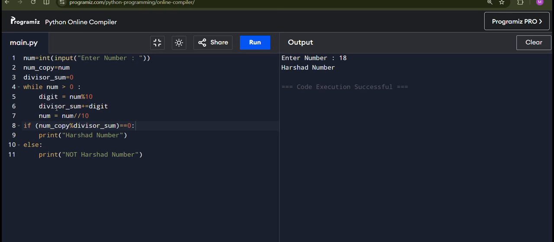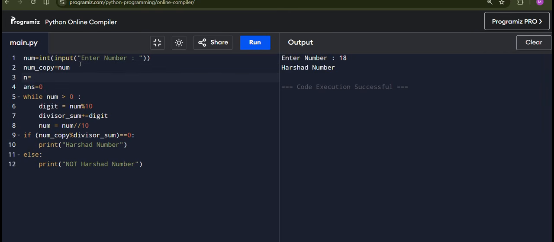Now, copying, now I need to do a sum, or I will take answer. Here I am calculating the length of my number. To calculate the length directly, let me typecast it into a string of number, so that I can access how many digits there are.